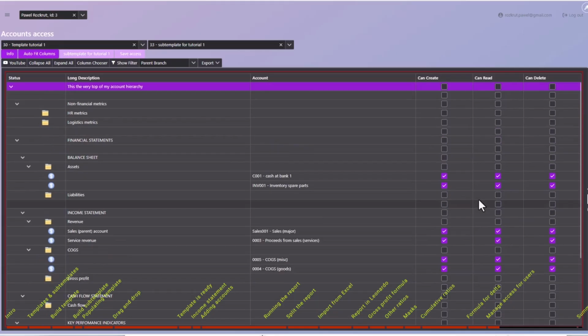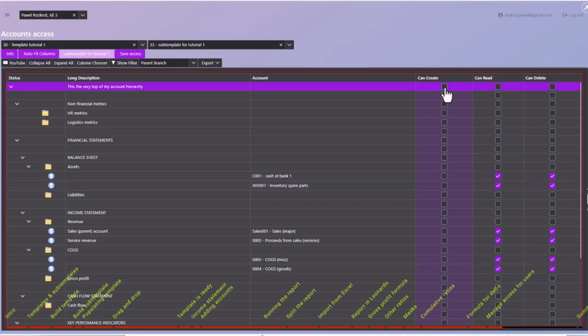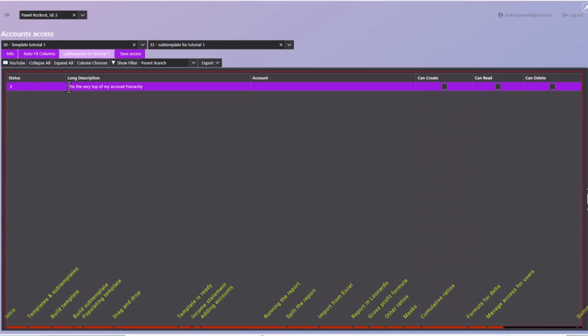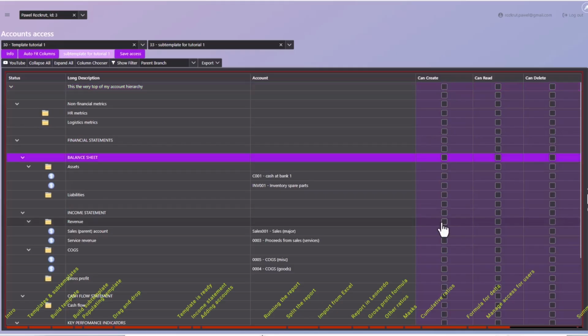So we built this template, and of course, I gave myself access to those accounts using different templates. But if I want to revoke this access, all I can do is click the very top of the hierarchy. That is why we build the very top of the tree, the very top of my account hierarchy node, because using this node we can literally give access to users with one click, like if they can delete something, or read data, or create. By managing this access, you can also manage balance sheet or income statement accounts,